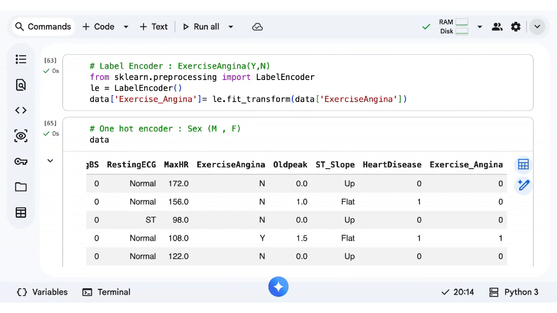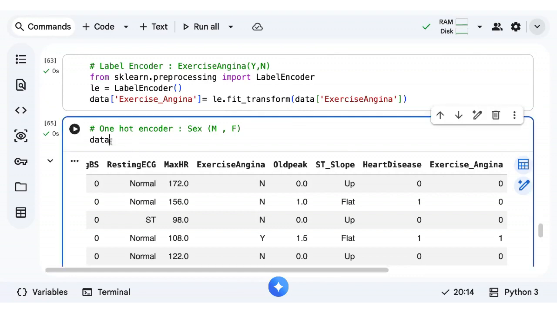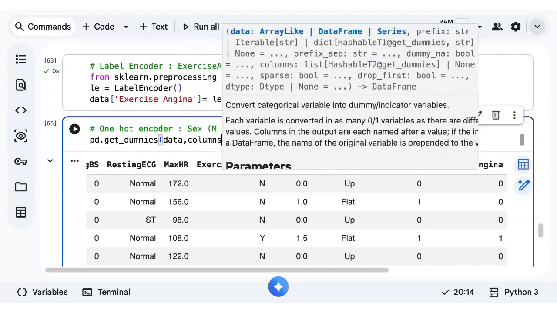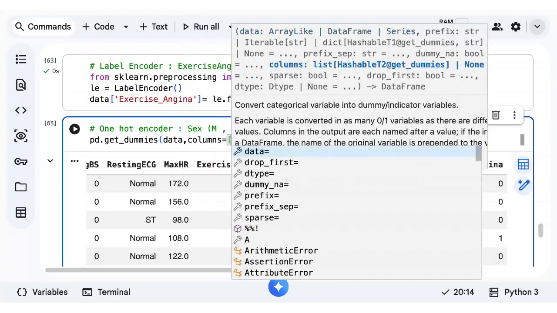Hope it's done. Now we'll apply a one hot encoder. So basically, what will it do? It creates a new data frame, pd dot get_dummies. You have to pass your data and also your column name.